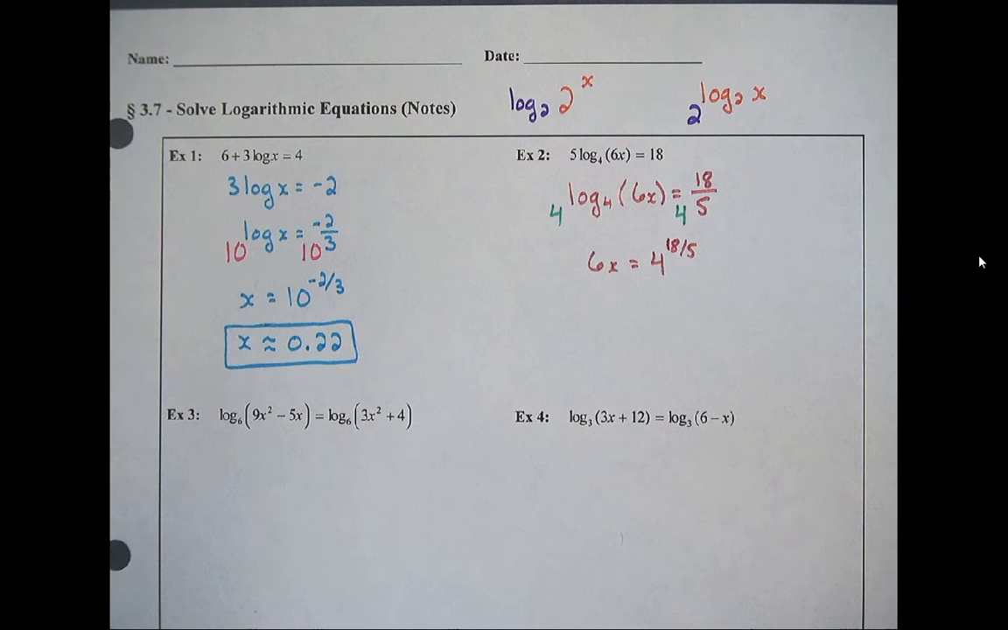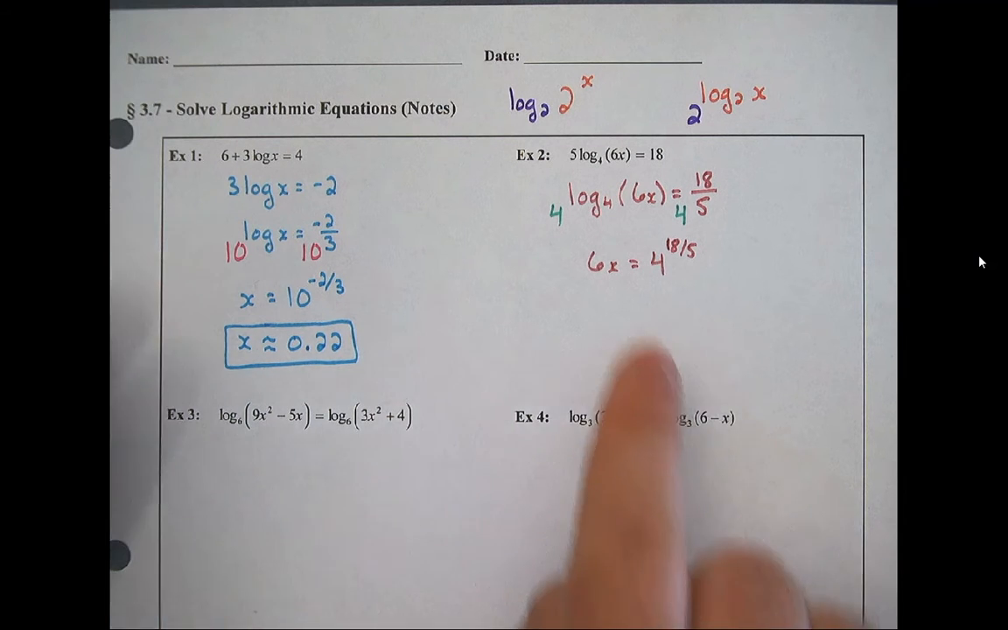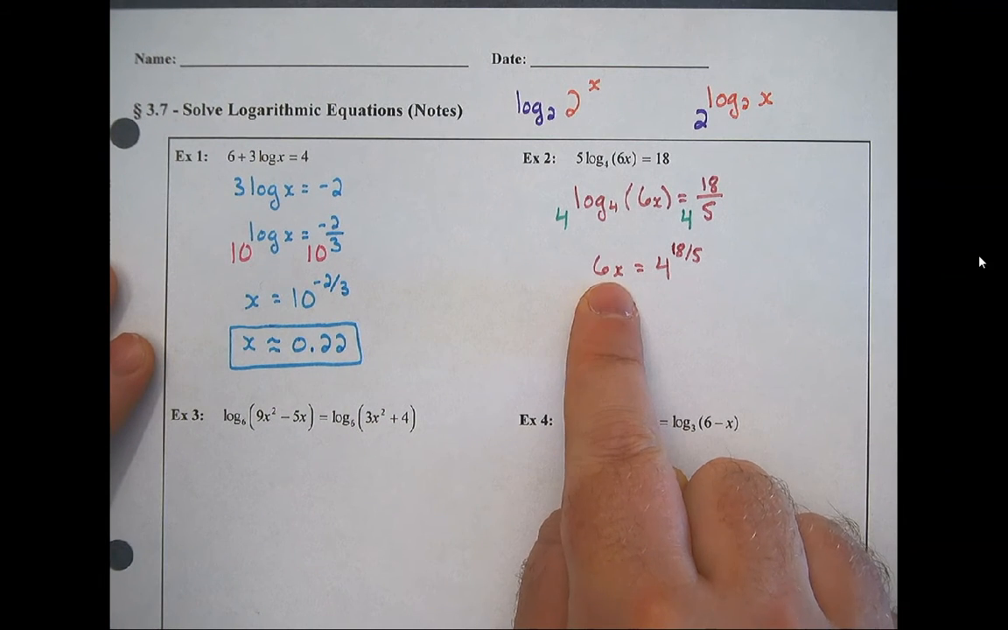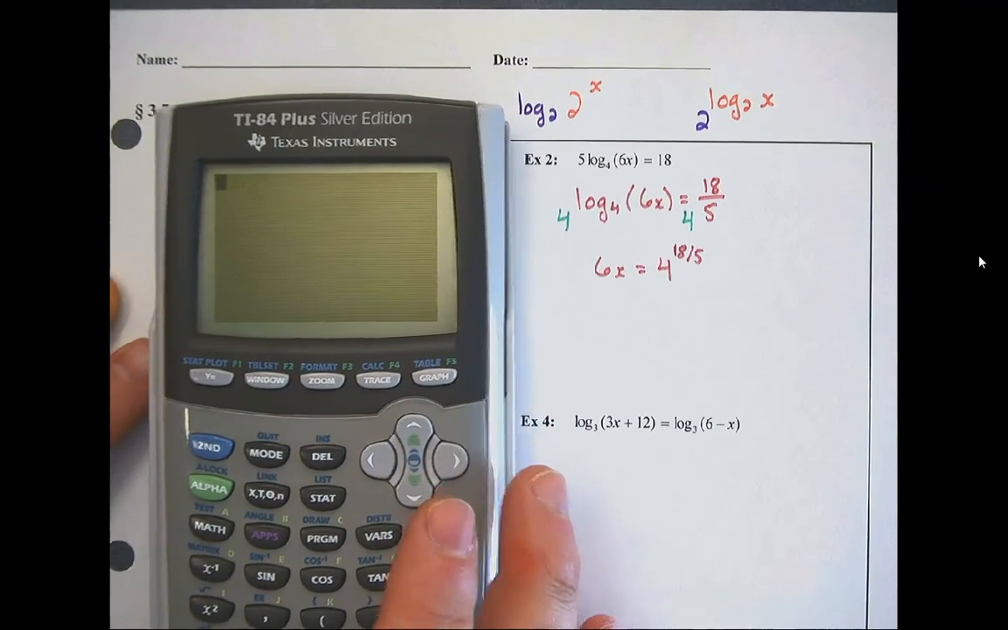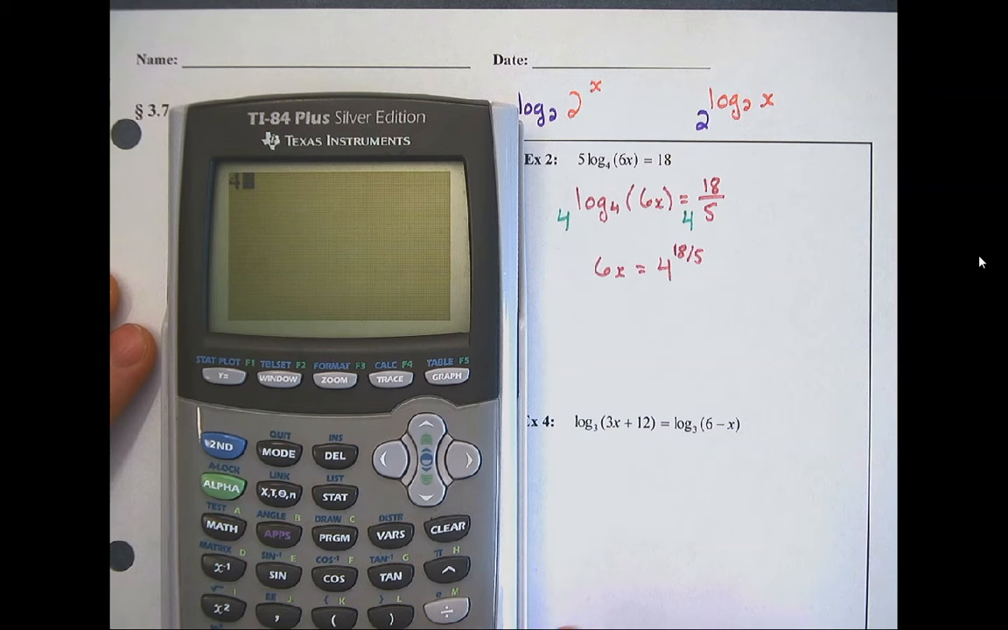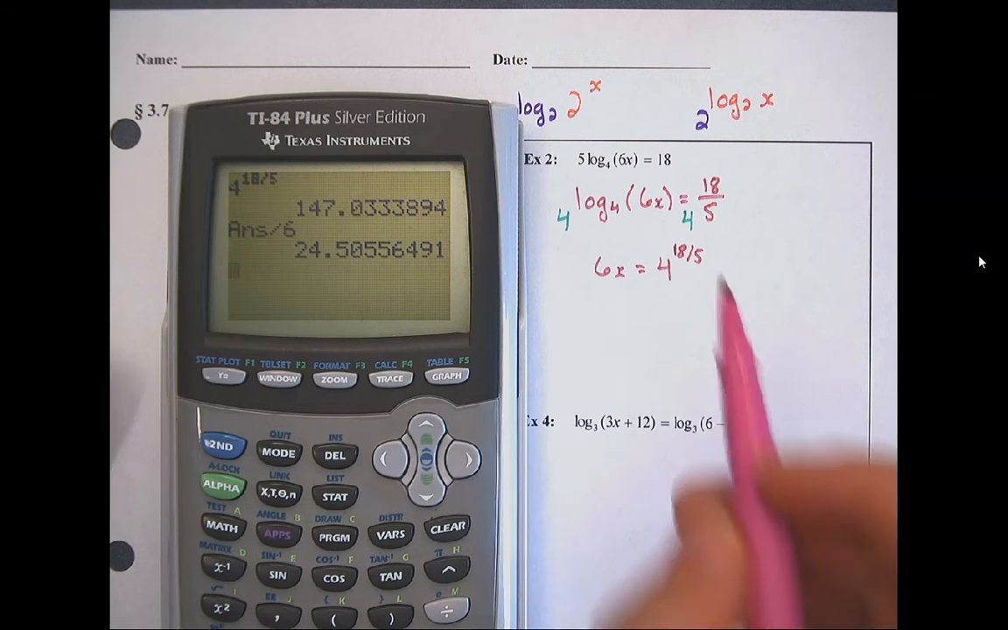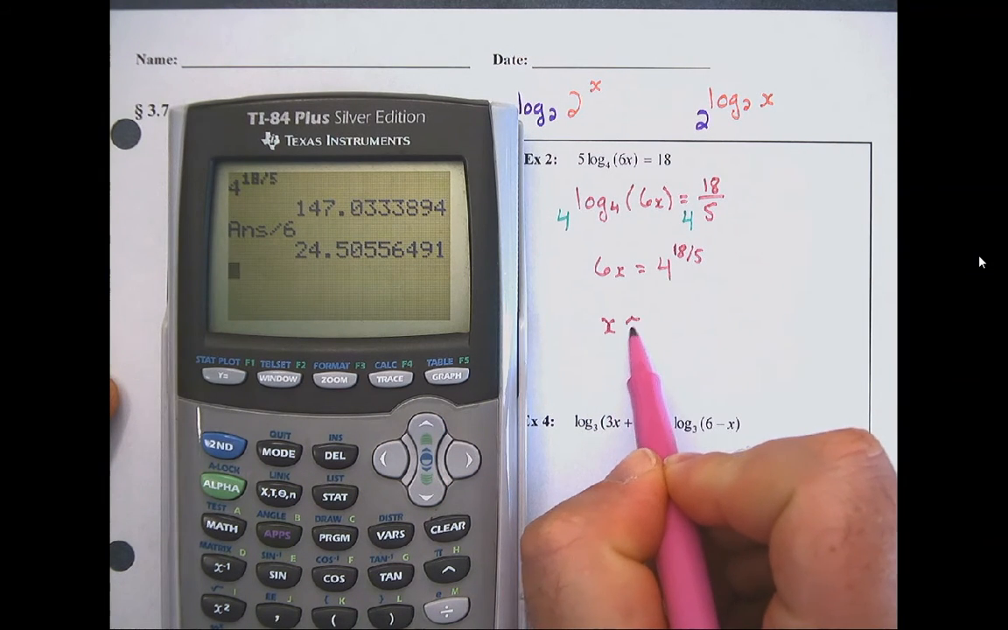Now from here, I can do the rest of this on my calculator, and I know I still have to kill off that 6 that's connected by multiplication. I'll just kill it with division. So 4 to the 18 over 5. Take that answer, divide it by 6, and we figure out that x is approximately